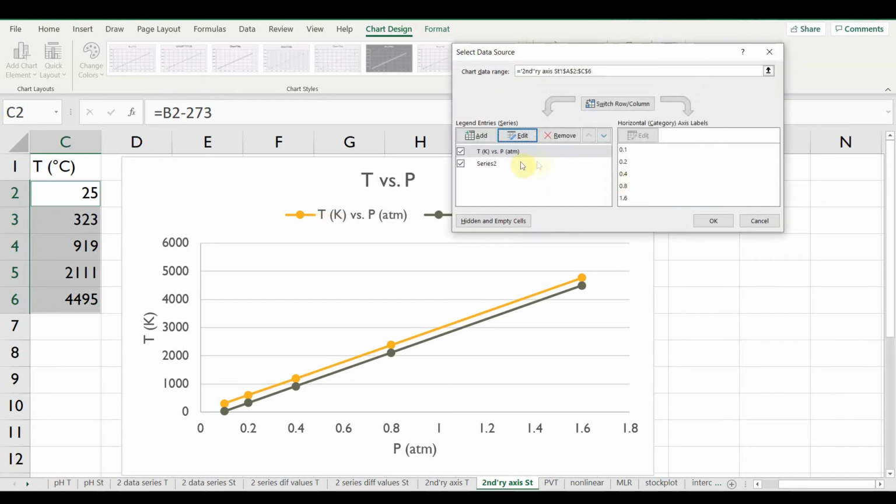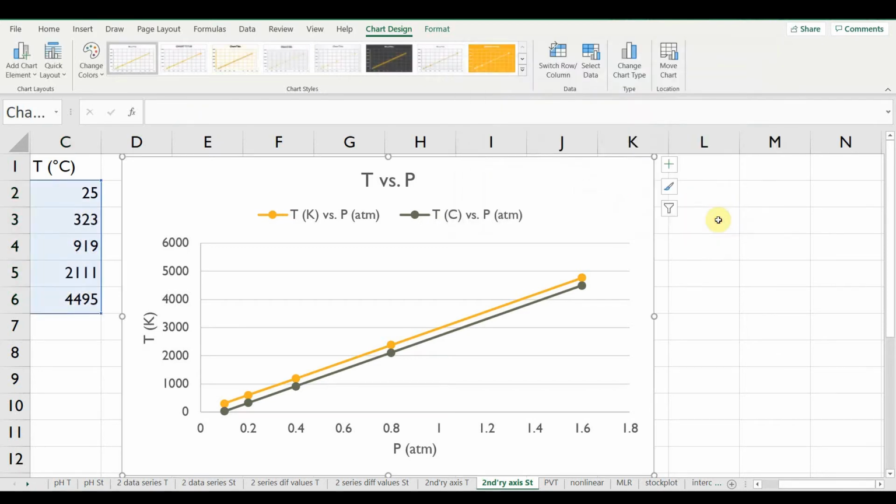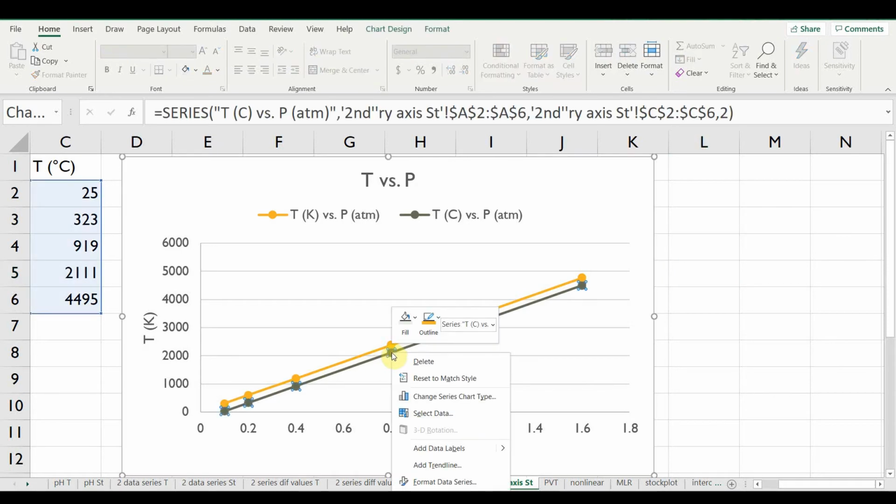The Series 2 label should be temperature in Celsius versus P in atmospheres. And OK. So how will we create a secondary y-axis? Simply right-click on one of the points in the series that will be identified by the secondary y-axis. In this case, it'll be the black line, and choose to